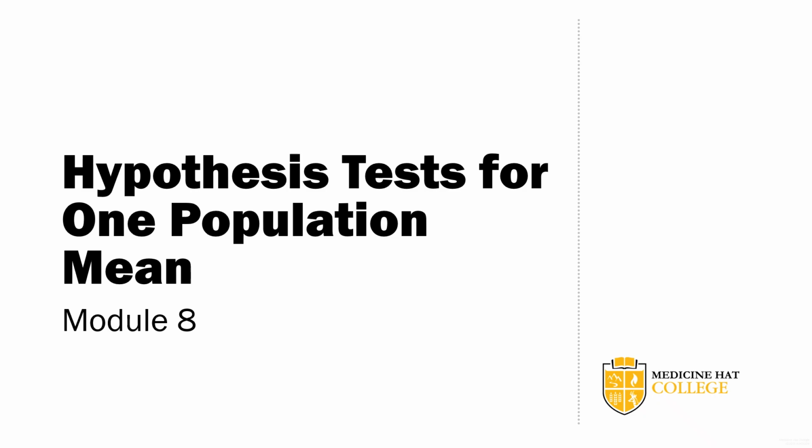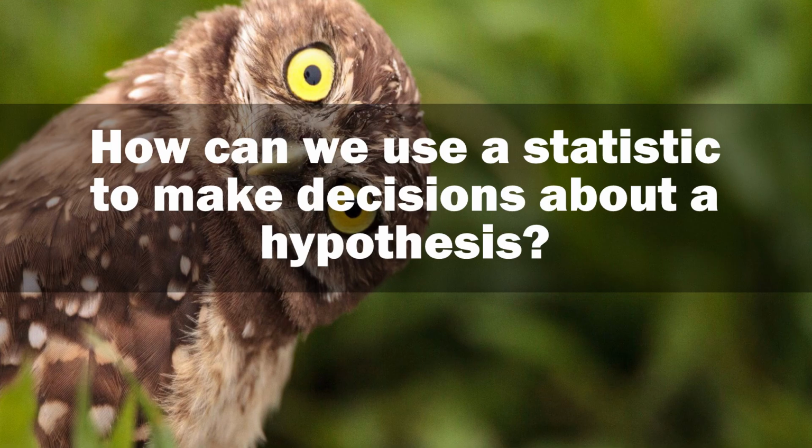In this module, we're going to look at hypothesis tests for one population mean. And before we even get into that, we're going to look at different ways to do hypothesis testing, including the critical value approach and the p-value approach. The reason we use inferential statistics is so that we can make a decision about the value of a parameter like a population mean. And one of the most commonly used methods for making such decisions or judgments is called